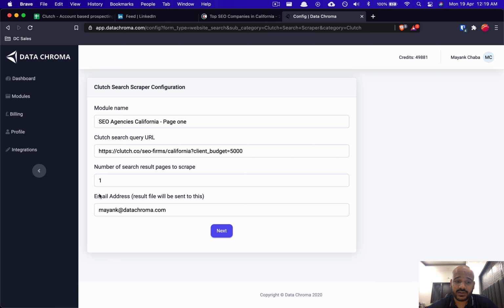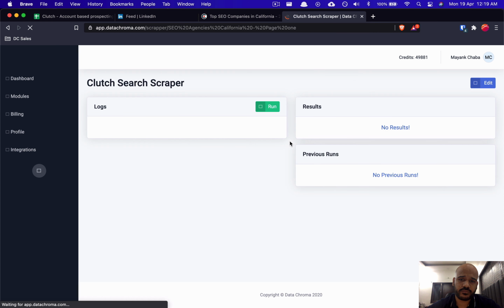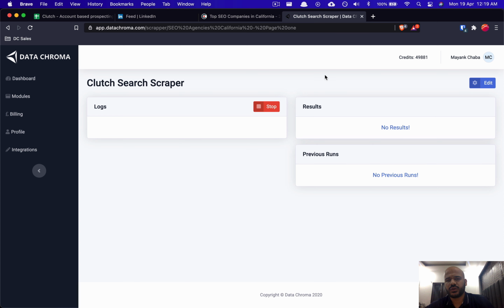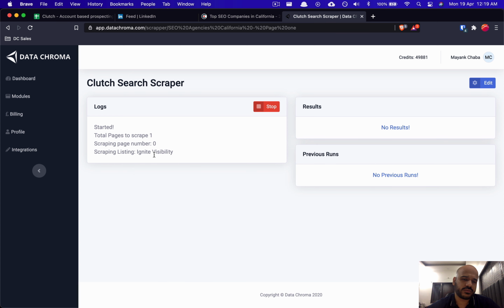Next you'll enter the email address where you want the result file to be sent. Once this module completes the operation, you'll get the result file on your email address. Let's click on next to launch this module. Once you land on this page, let's click on run. Once the module starts running, you'll see logs getting generated here, and it has started scraping these companies,